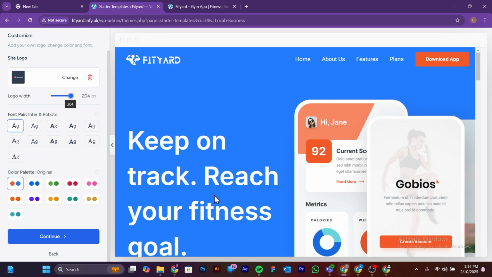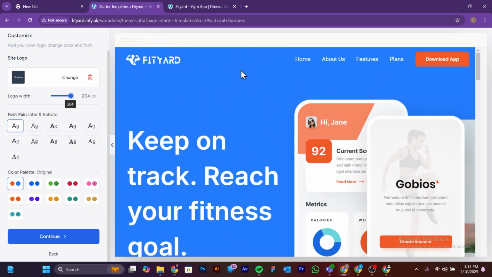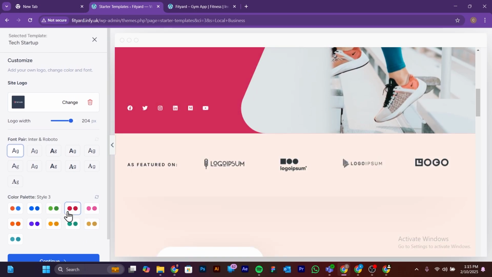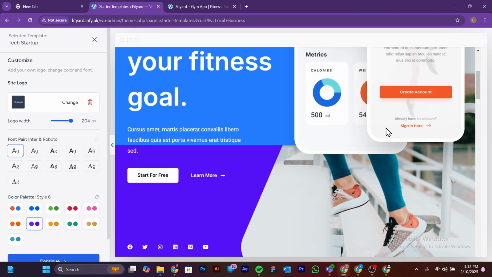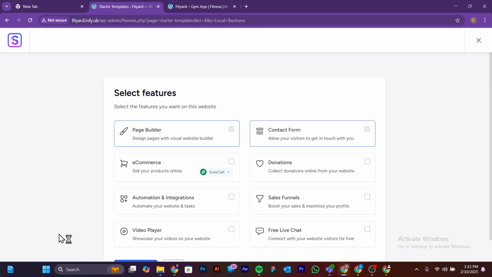So here you can choose the theme color for your website instead of changing them manually one after the other. You could basically switch them right here, and you can see as I'm switching them, you can just watch this button as it changes colors. So this would change everywhere on the website. So this just makes things pretty easy and straightforward. You don't have to change these things one after the other. I'm just going to stick with the first theme color here, and I'll click on continue,